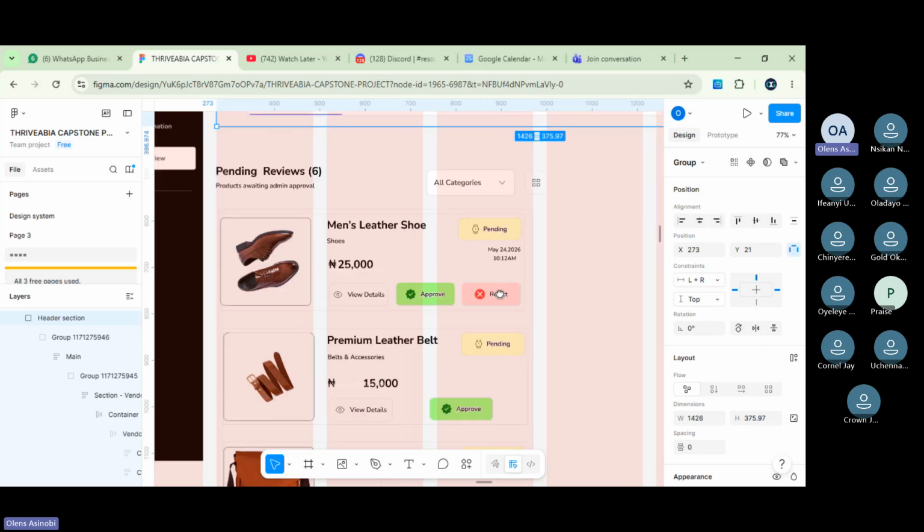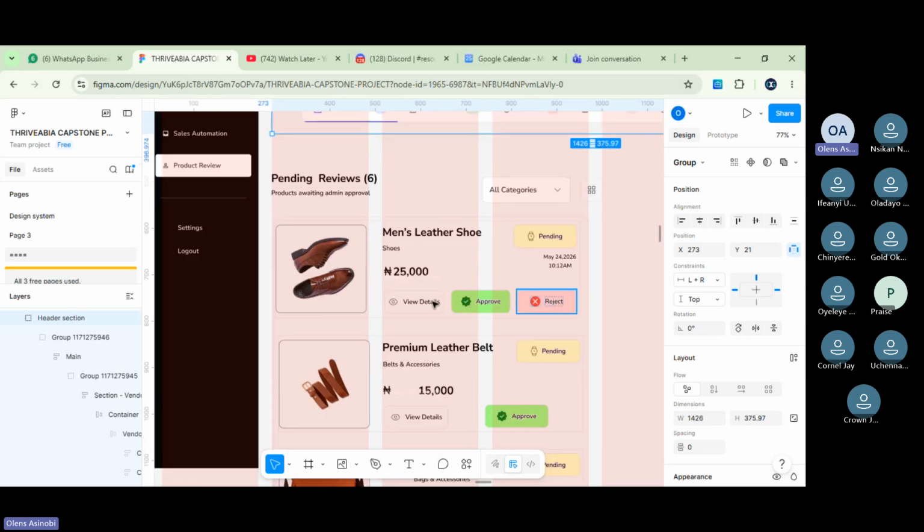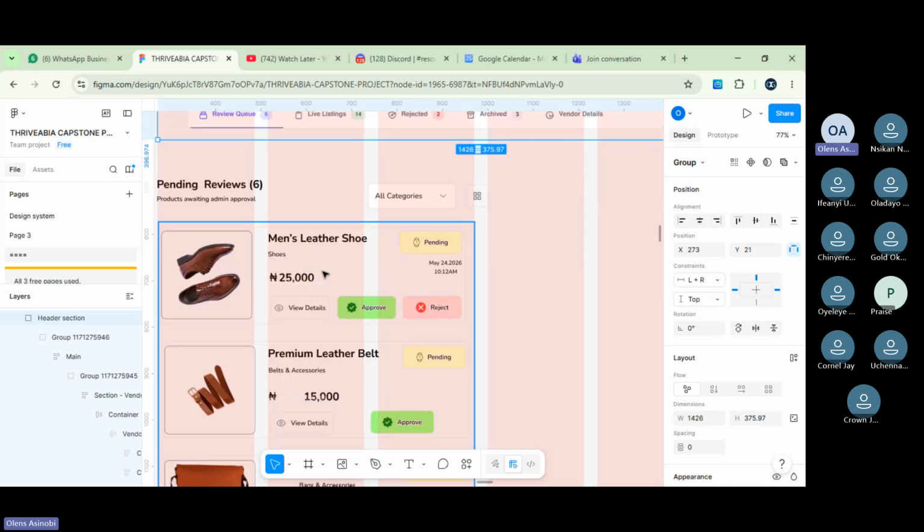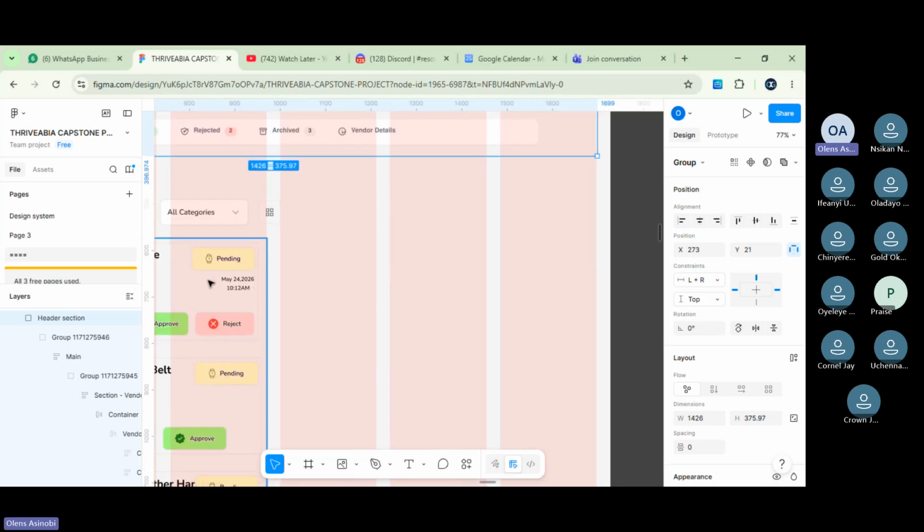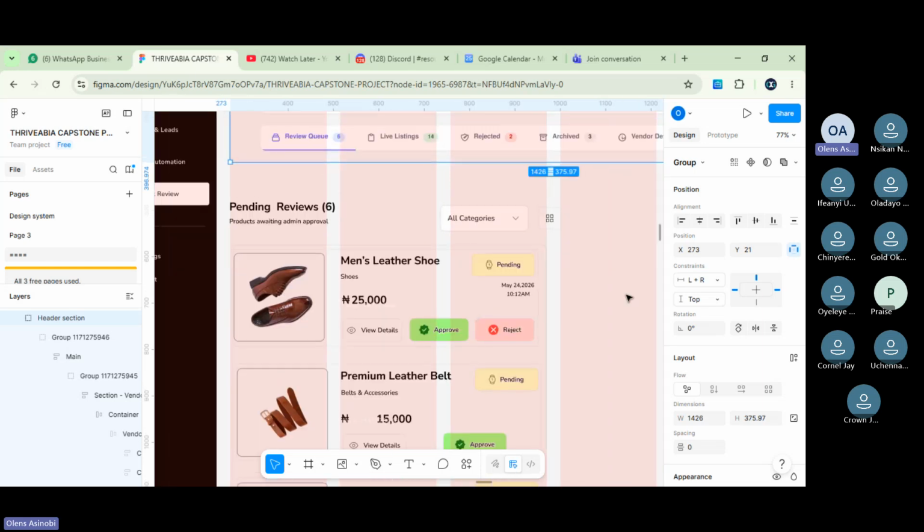But if you look at this card, this approve, reject, view details, all of it is just inside this small section here. If you just spread it across, you understand? Then you can still look at other things you can put there. For instance, in this men's leather shoe, you can still add the keywords for this shoe.